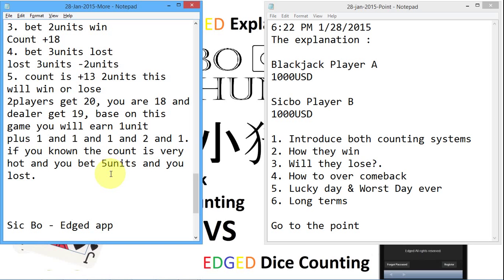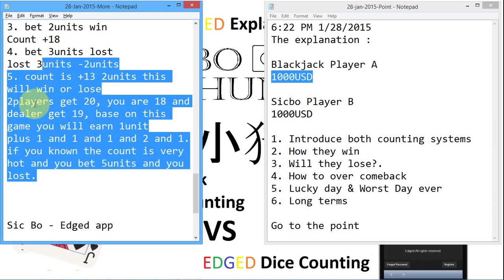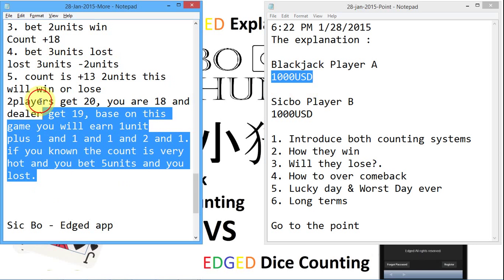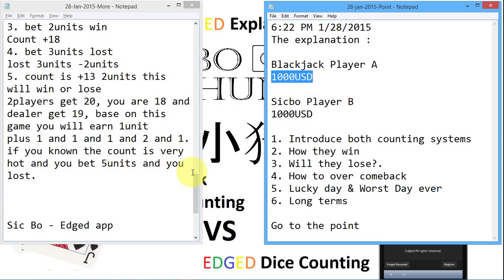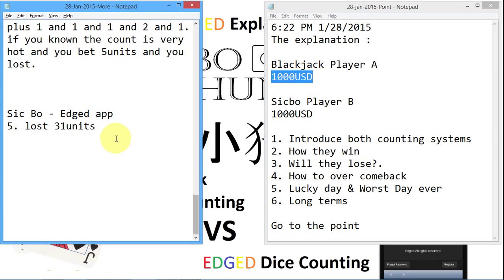Based on the 10 units, based on the count, you must only play with like 2 units, 3 units to win it back, and not just double up until you bust your capital. This is card counting practice, and most of the professionals should know they should not go beyond the minimum and maximum units they put on, to avoid busting their own capital. This is for sure. So we will talk about if you lost 31 units